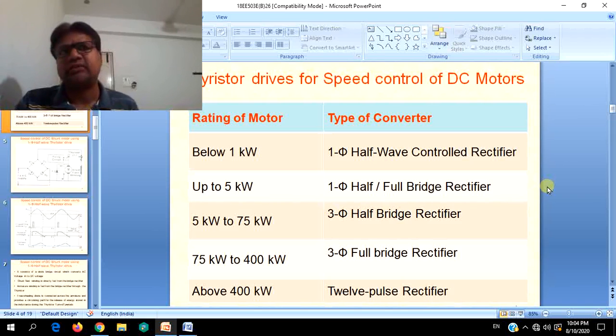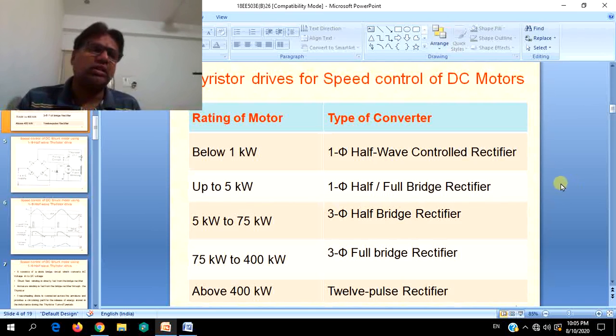Even with a single SCR we can have half wave. Even with two SCRs with center tapped we can have full wave. And as we want more efficient average voltage to be fed to the DC load, then full bridge can be employed. Again in full bridge it may be a combination of SCRs and diodes, that is semi converters or half controlled or semi controlled converters. And when in the full bridge we use all four SCRs or other controllable devices, then it can be called a full bridge fully controlled converter or rectifier or full converter.